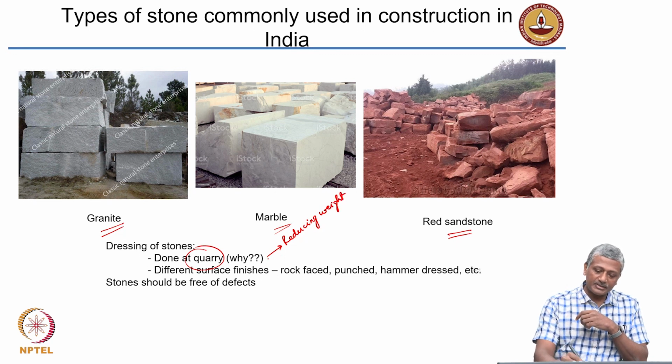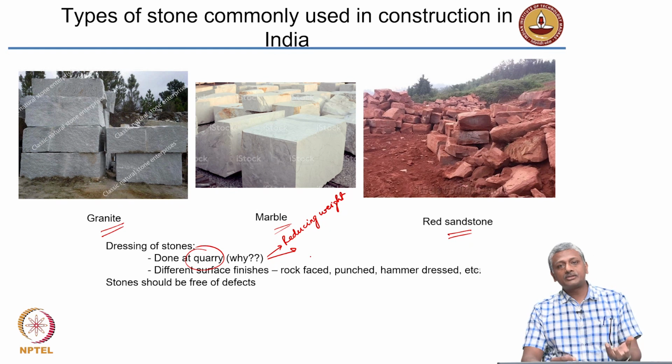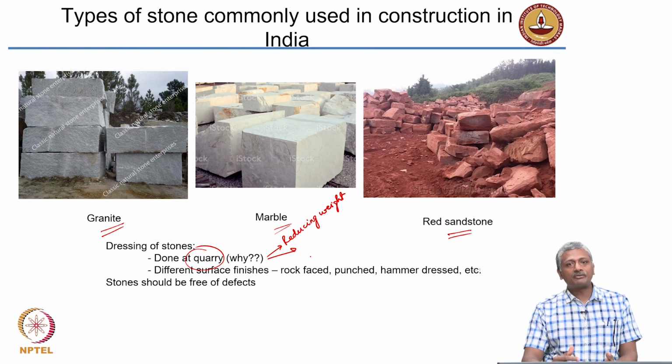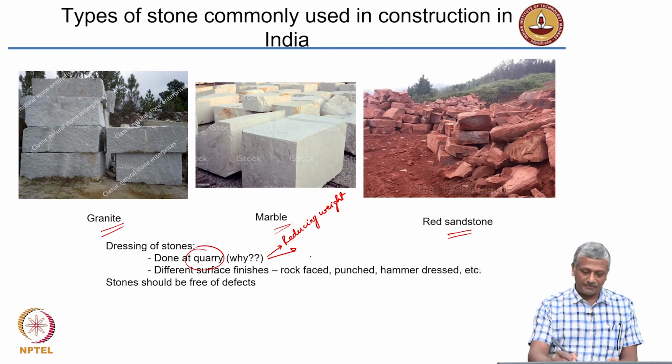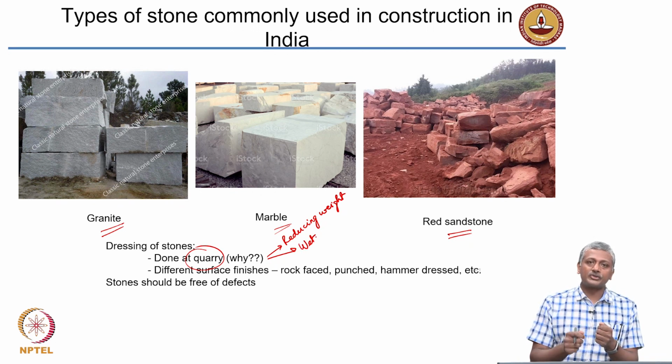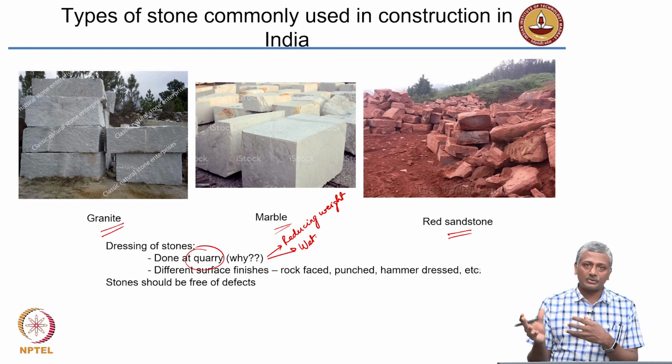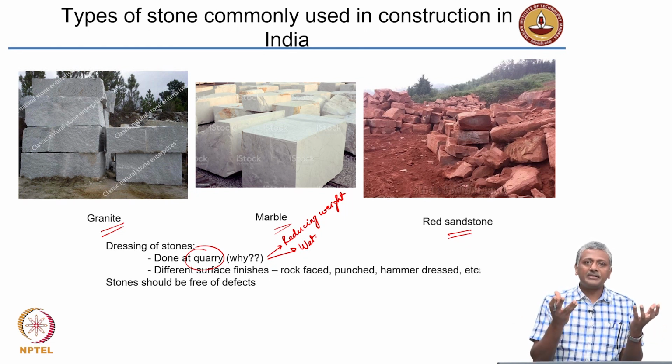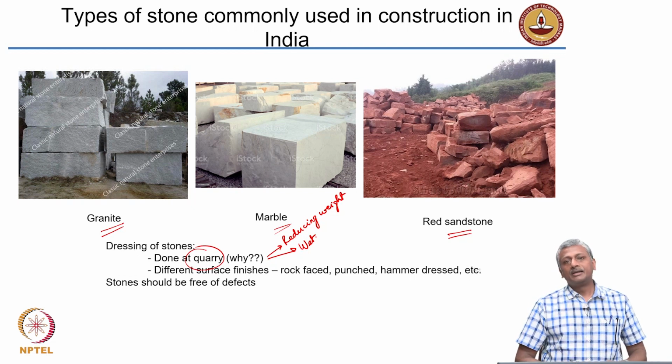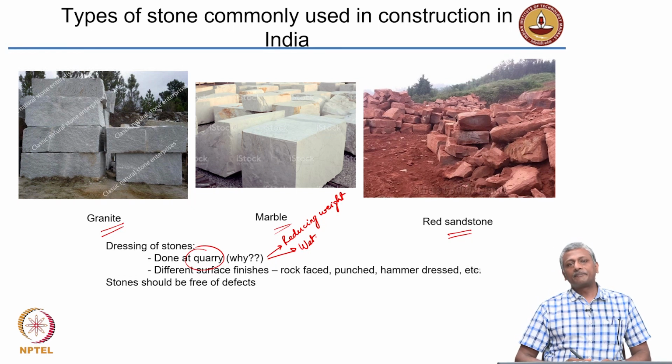The other aspect is that these stones in the quarries, often you will find that they'll be wet. It's much easier to dress wet stones than it is to dress dry stones. Why is it wet? Because the soil water, the groundwater, would have seeped in through the stone and made it wet. You can dress the stones a lot more easily as compared to after getting to the job sites when they've all become dry.